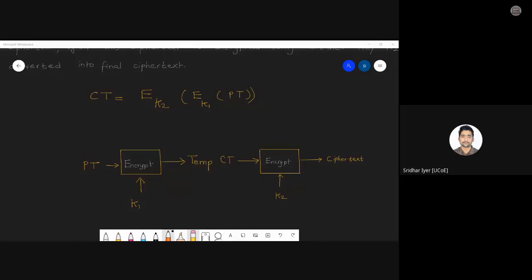Yes, Dhruv, what is the feedback that we are using? It is cipher feedback. Isn't it evident? The plain text is getting encrypted with a key, and we are getting the ciphertext, and we are making use of that ciphertext as input for the next round. Yes or no? Isn't it the cipher feedback?